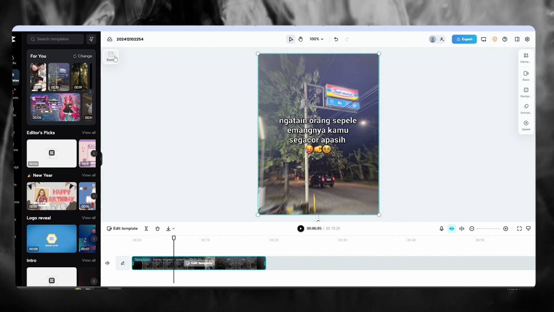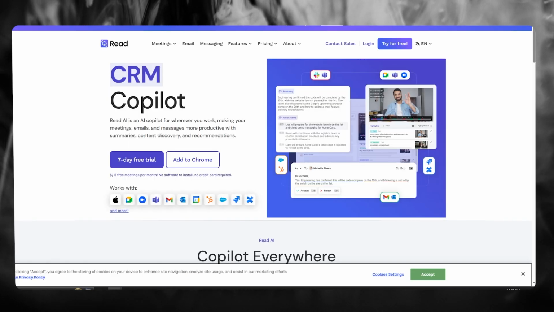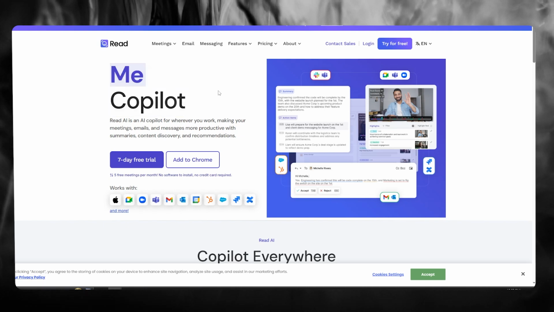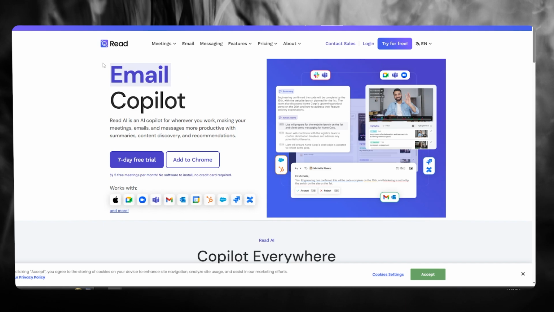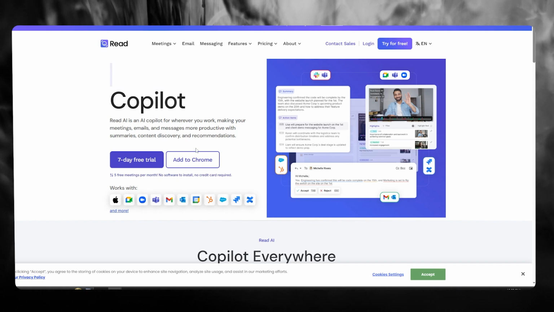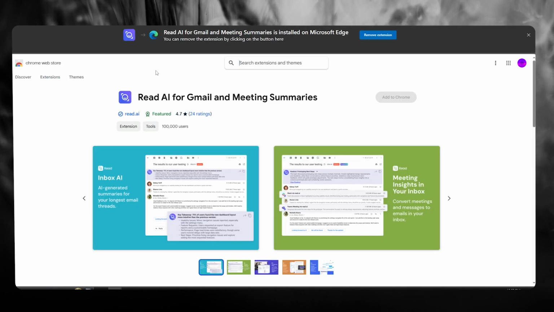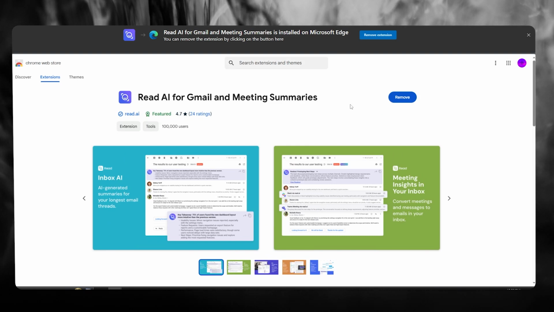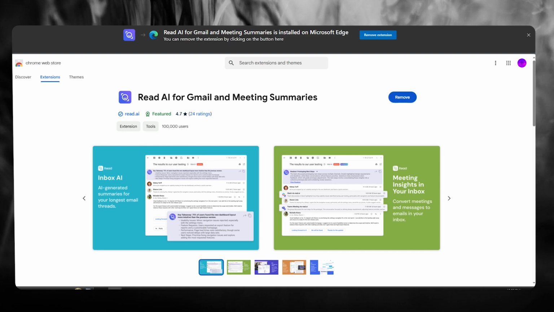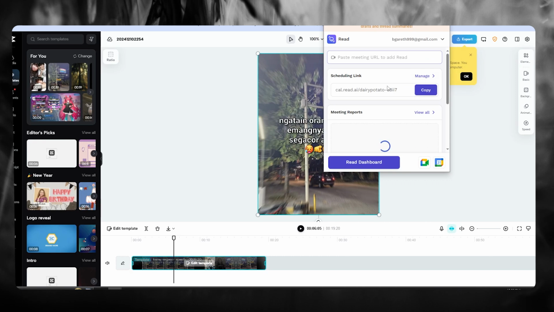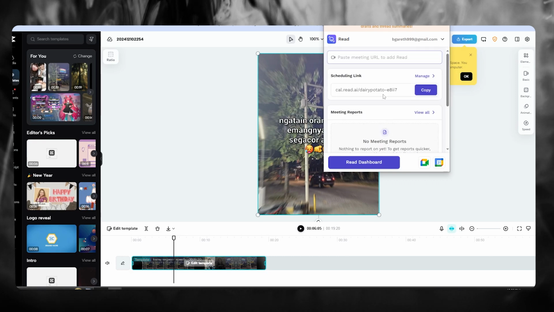So to do this, what you're going to do is you're going to come over to www.read.ai. Now, Read AI is a platform that allows you to go ahead and read all of the textings and words on a page. So to get this for yourself, what you're going to do is you're going to click on Add to Chrome. Now, once you click on Add to Chrome, what this does is it gives you a Read AI summary extension. So once you add this to your browsers, what you're going to want to do from here is you're going to click on the extension section, click on Read AI,